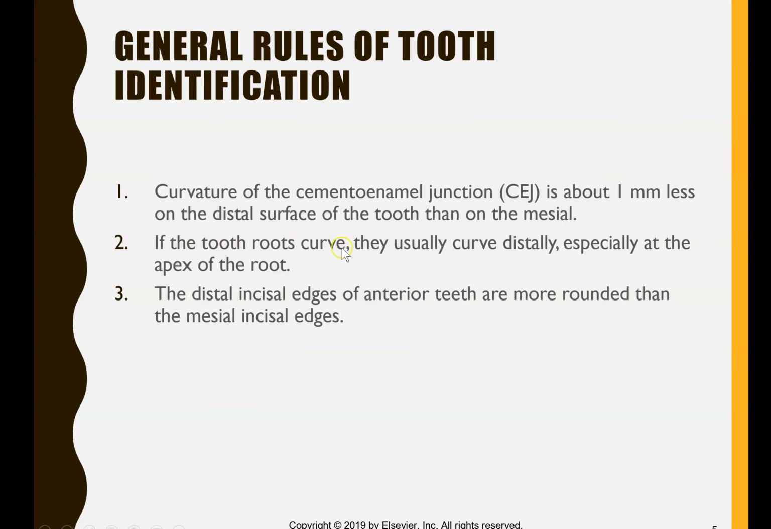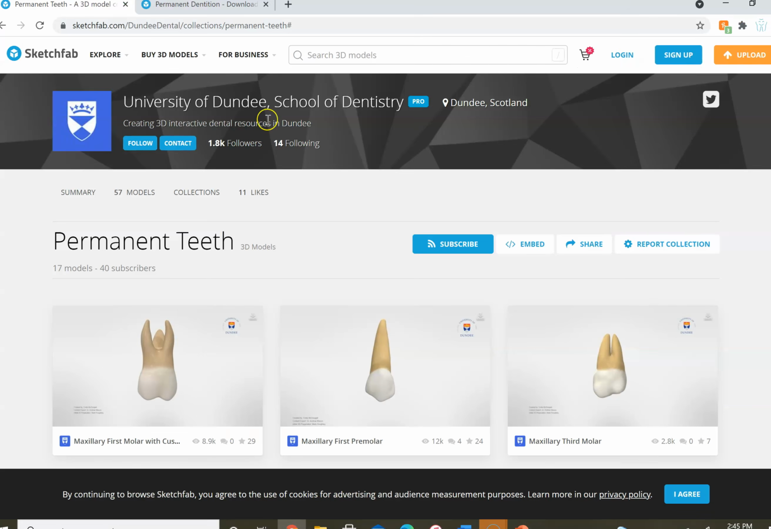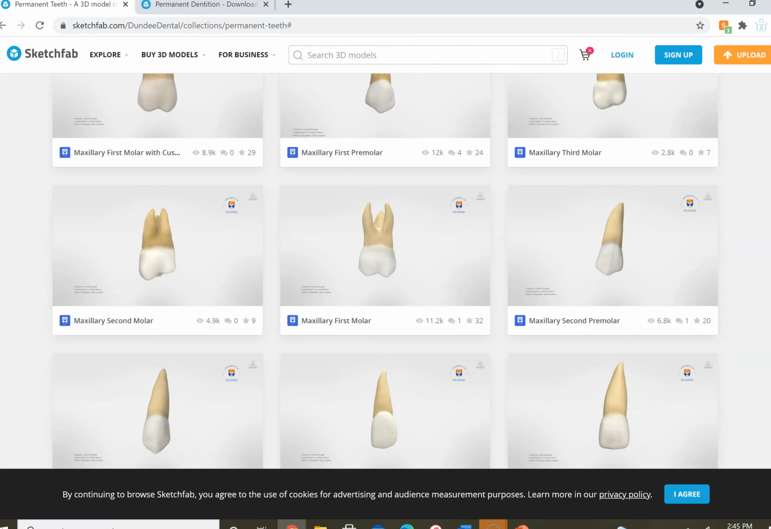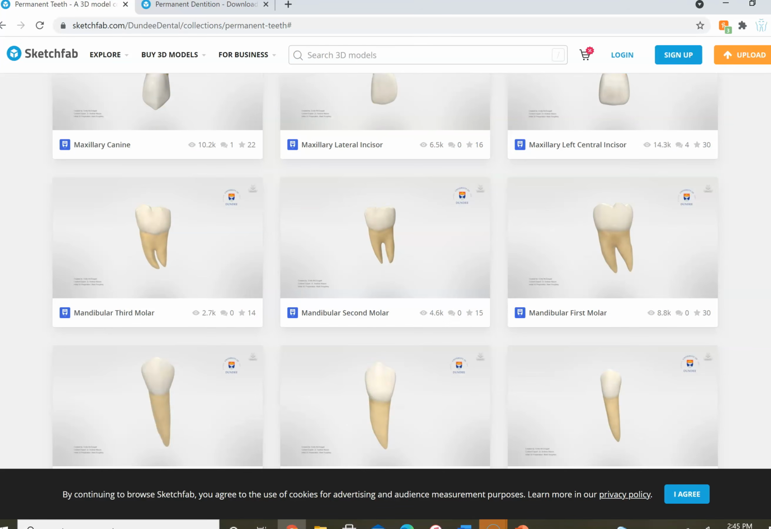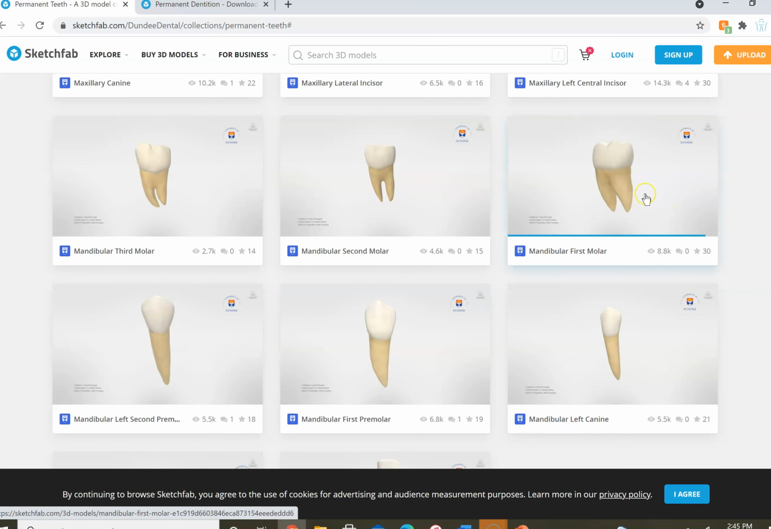The second point: if the tooth roots curve, they usually curve distally, especially at the apex of the root. Let's see that. If we look at the images right here, look at all the roots. Do you see how they have a slight distal inclination? When you look at the apex, do you see how they curve? They're curving distally. So if you don't know mesial from distal, when you have a single tooth to look at, look at the roots. If the roots are curving this way,